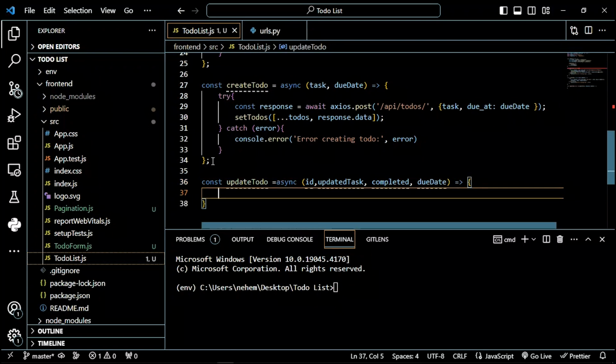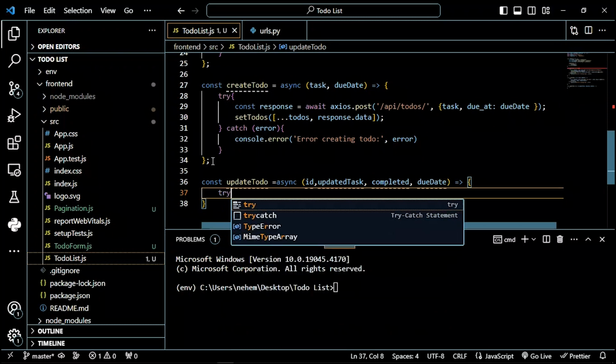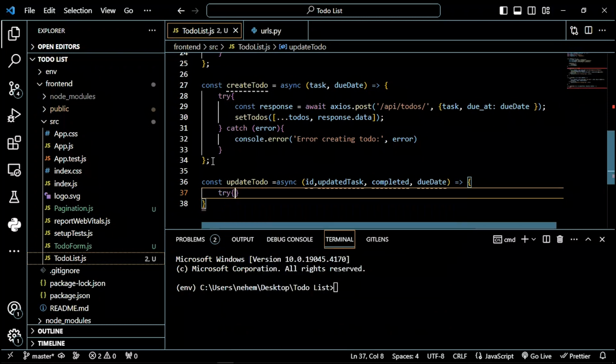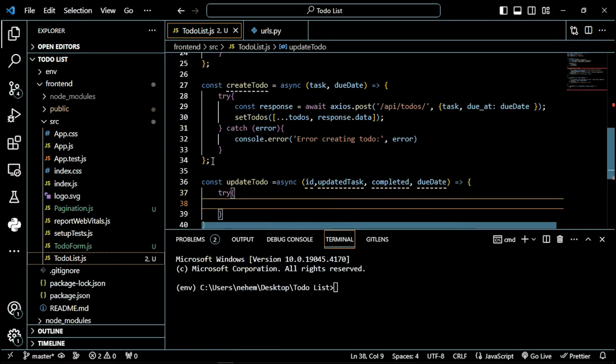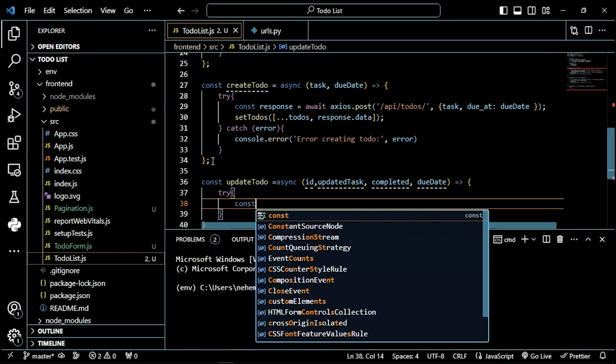So again, we shall use our normal try. It is going to check on this, validate, and check on this stuff. In case there's an error, then it's going to throw an error. So it's going to try, and then a const